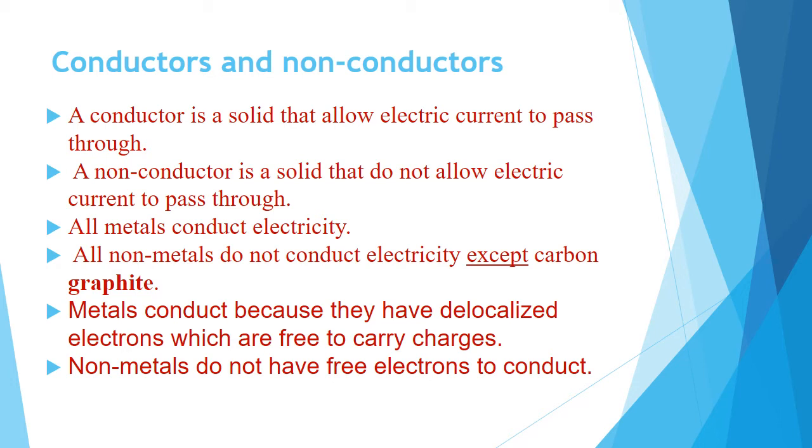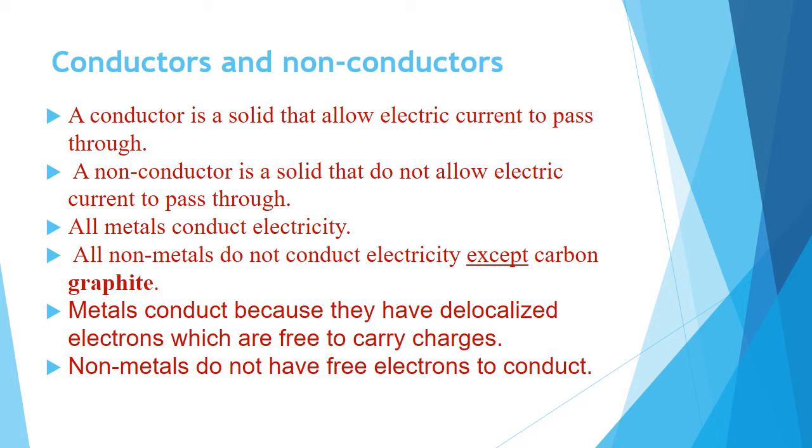A non-conductor is a solid that does not allow electric current to pass through. Most non-conductors are maybe, let's say, liquids, and some solids also are non-conductors, for example, wood. All metals conduct electricity. All non-metals do not conduct electricity except carbon and graphite. So when we say all non-metals, we mean every other non-metal does not conduct electricity. But we have an exception of carbon